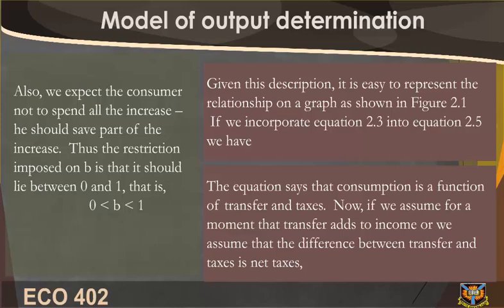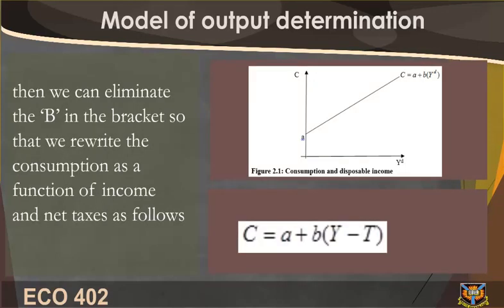figure 2.1. If we incorporate equation 2.3 into equation 2.5, we have an equation which says that consumption is a function of transfer and taxes. Now, if we assume for a moment that transfer adds to income, or we assume that the difference between transfer and taxes is net taxes, then we can rewrite the consumption as a function of income and net taxes as follows. In the consumption function, we found out that consumption depends on the changes in income and taxes. Thus, consumption treated as exogenous variable in equation 2.1 is actually an endogenous variable because it depends on other variables